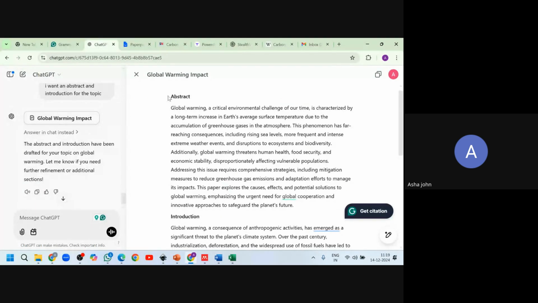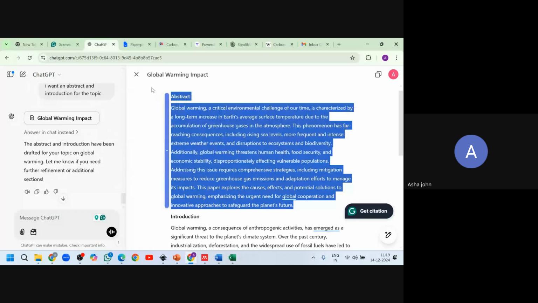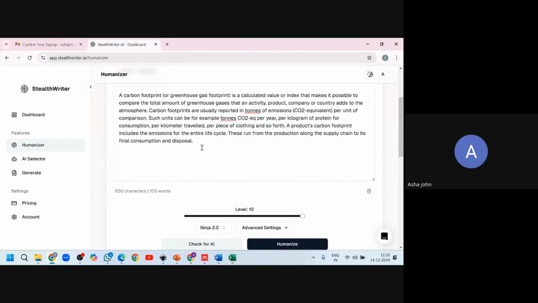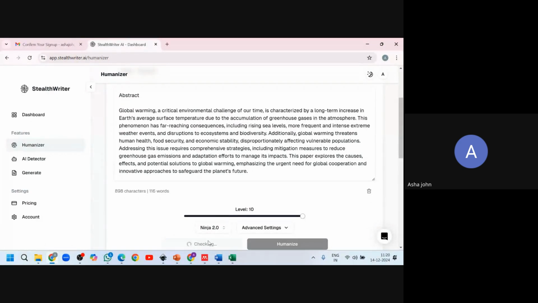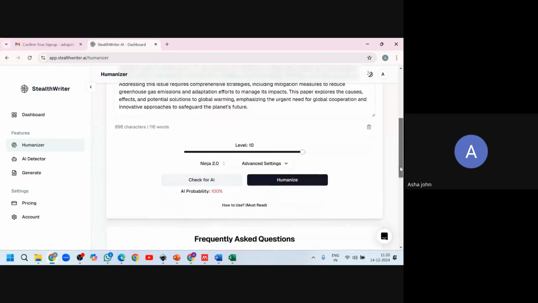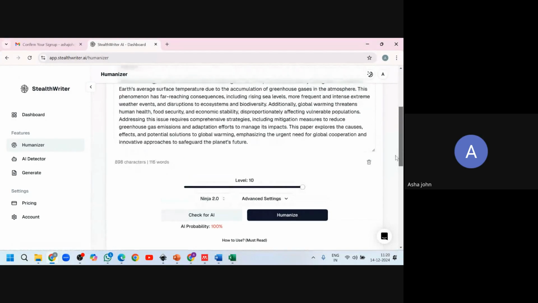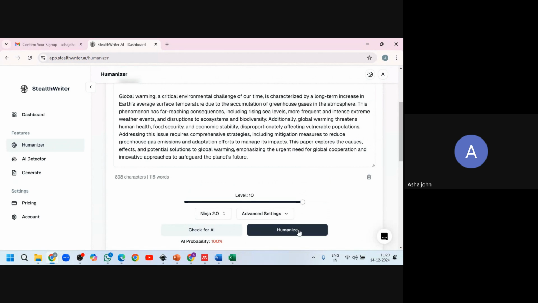I'm going to take this abstract from ChatGPT which I've generated before, and we are going to see that in Stealth Writer. Now let's check for AI. AI probability is 100%.